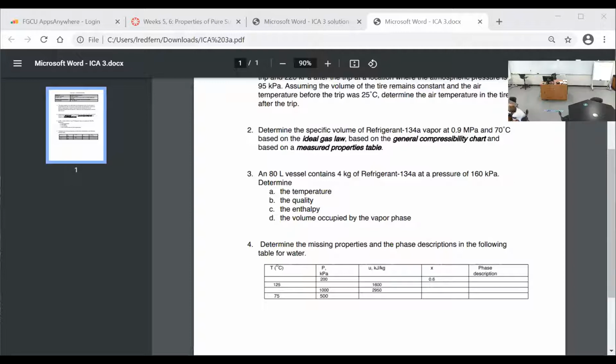So for enthalpy now, for the next one, you're asked what is enthalpy? So enthalpy is going to be h, which becomes your first line: h equals h_f plus x times h_fg. But you don't have an h_fg value in here. Oh, wait, you do for enthalpy. So for this one, you can really